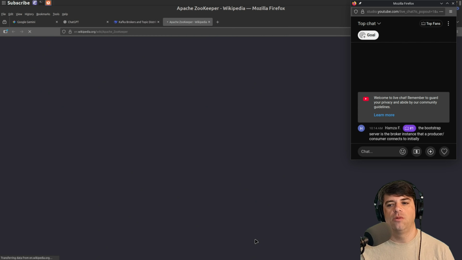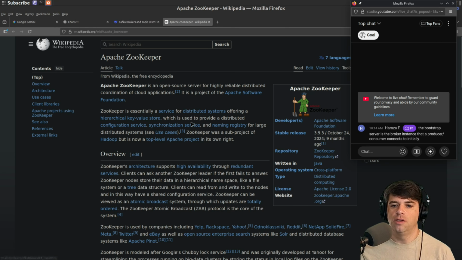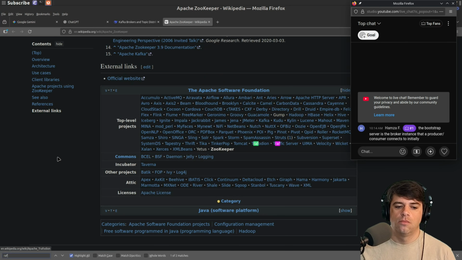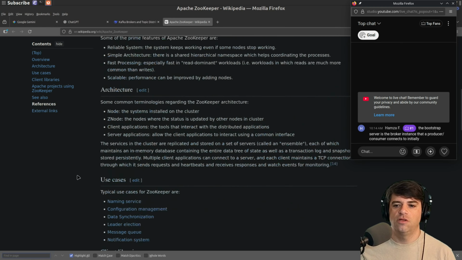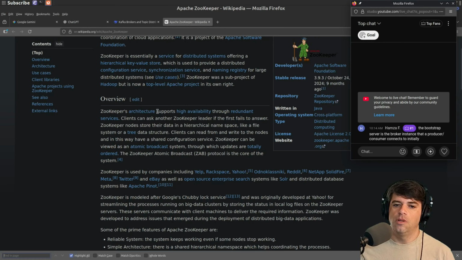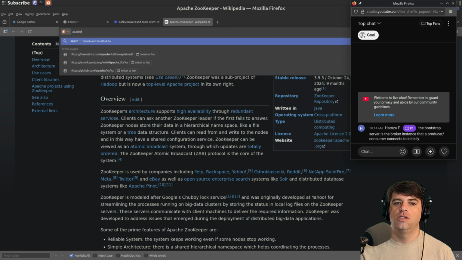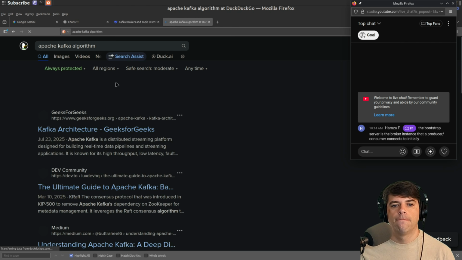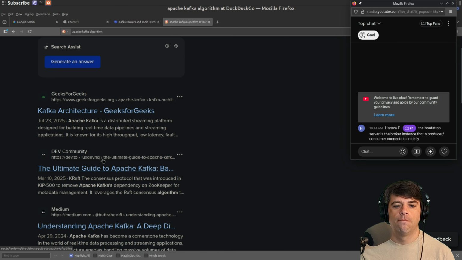I don't know how up to date Wikipedia will be because this article is probably written in like 2012. Let's see. Doesn't seem to really say explicitly. It supports high availability through redundant services. Apache Kafka algorithm. Raft.